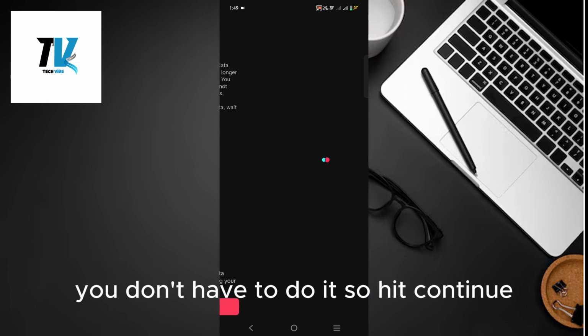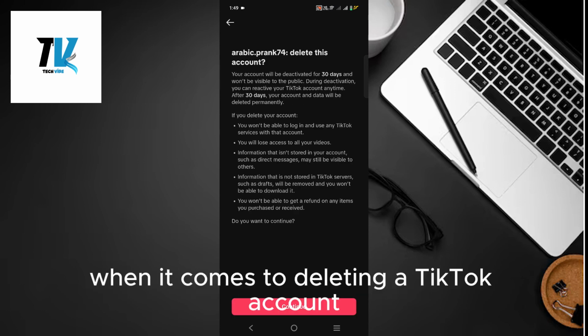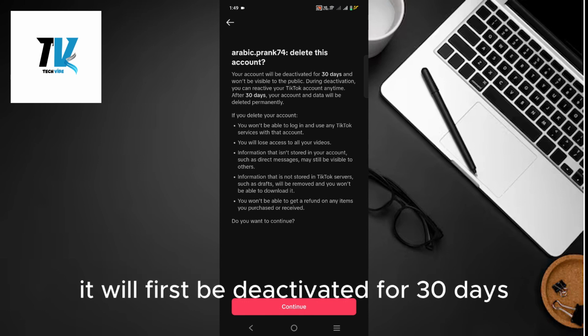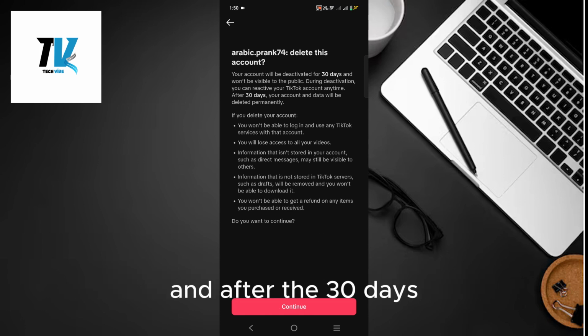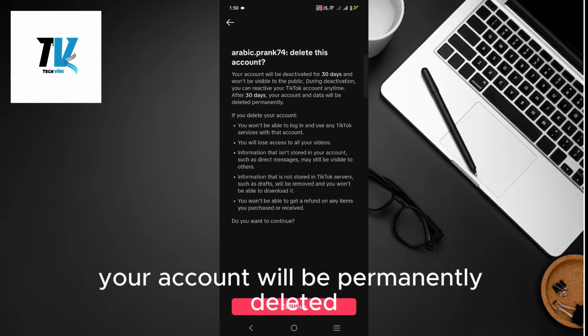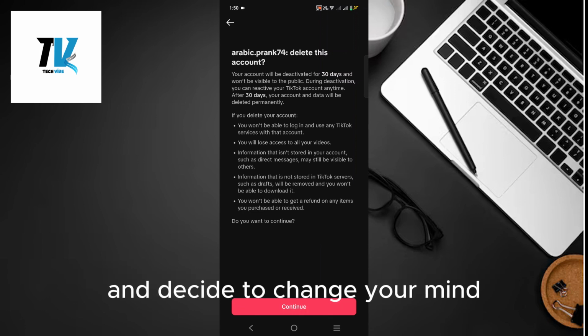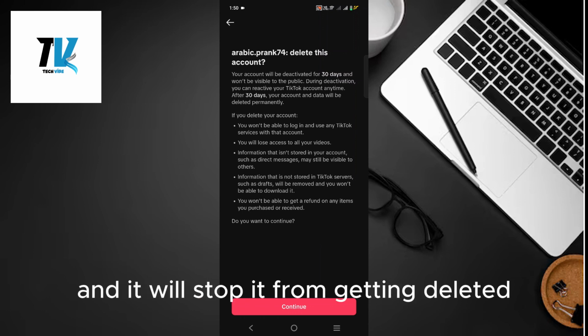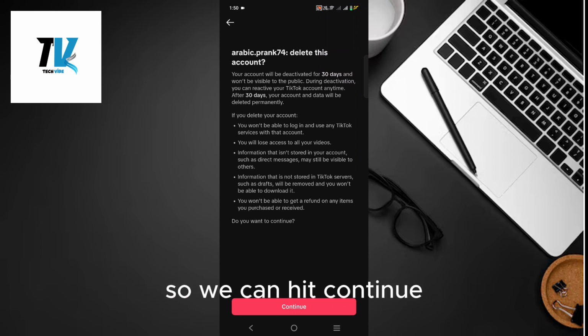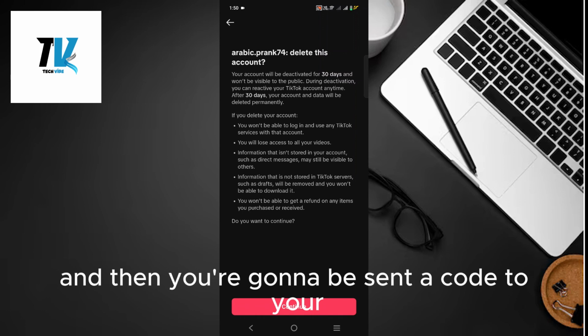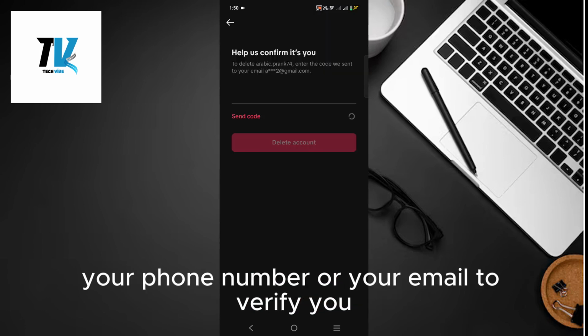So hit continue. And what happens is when it comes to deleting a TikTok account, it will first be deactivated for 30 days, which means it won't be visible to public. And after the 30 days, your account will be permanently deleted. So that means if you want to recover it within the 30 days and decide to change your mind, just log back in and it will stop it from getting deleted. So we can hit continue, and then you're going to be sent a code to your phone number or your